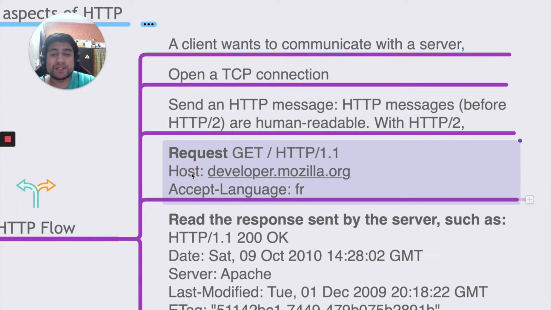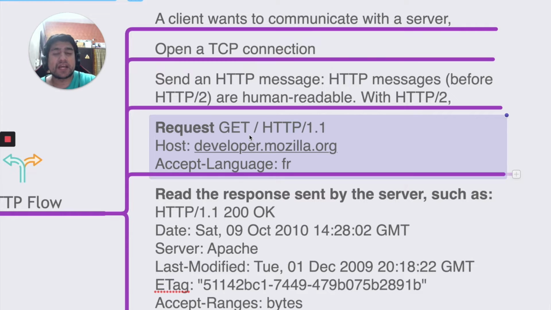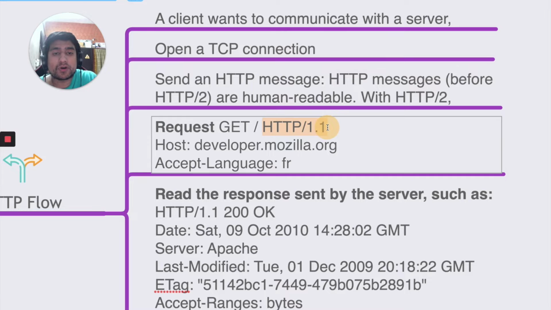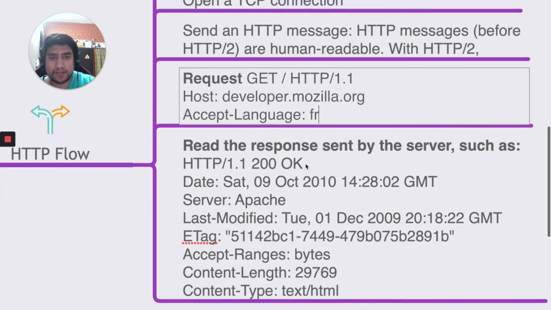So how does this message look? It looks simply like this. For example, right now we are accessing something, so it will be an HTTP method, which here will be a GET method to get something. In the GET request, we mention the protocol version, which is mainly 1.1, and if we are using a secure one, it is 2. And what is the host? The host is nothing but the address of the web server where it is hosted. We give the address and the other parameters. Other parameters in headers can include what language the client can understand, what the timeout is, and different kinds of headers that we have.